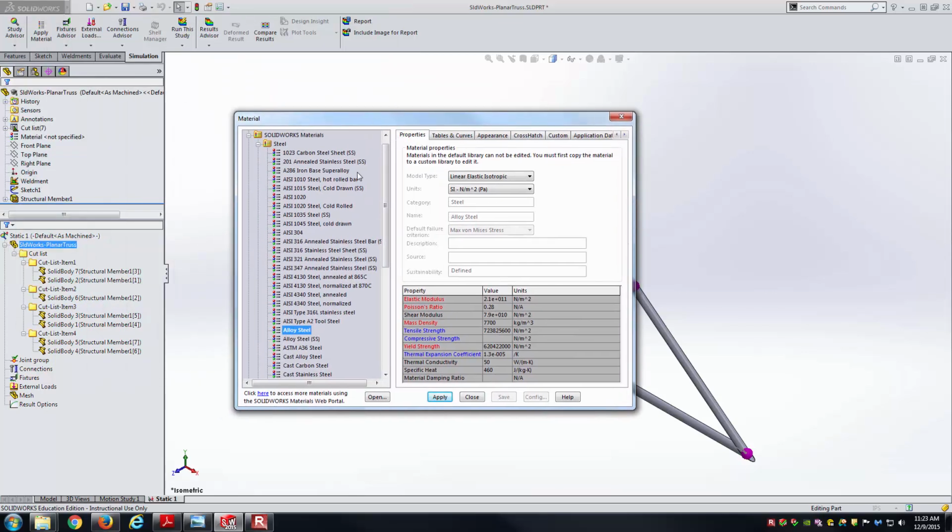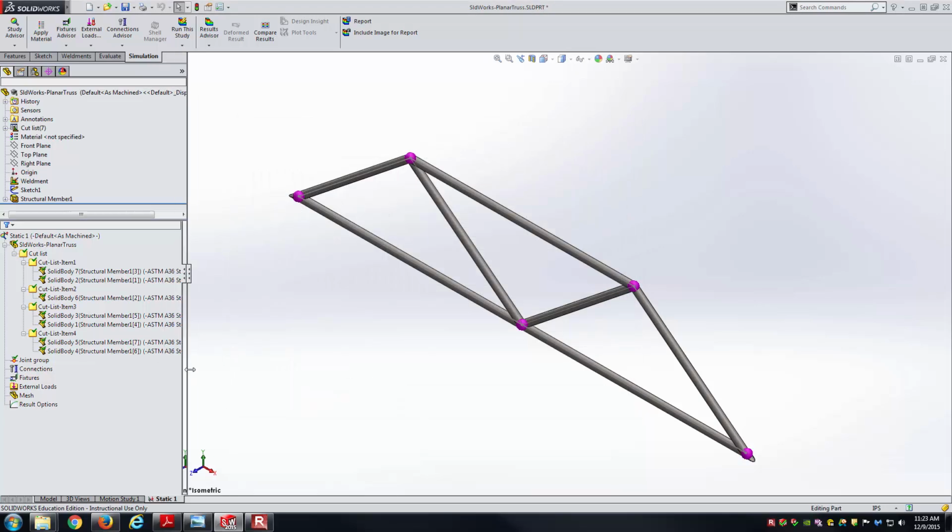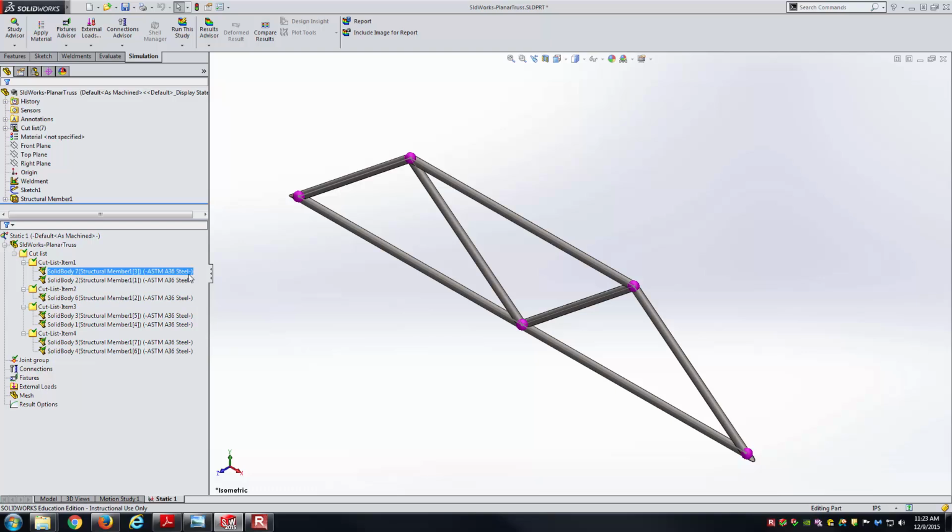That brings up the usual material library inside of SolidWorks. Here we said we wanted it to be ASTM A36 steel, so I'll just select that. I'll hit apply and close. And what you'll see happen is that now it's reflecting the material next to each one of the bodies there at each node, which is exactly what we want. One other thing we're going to do is help SolidWorks out a little bit by simplifying